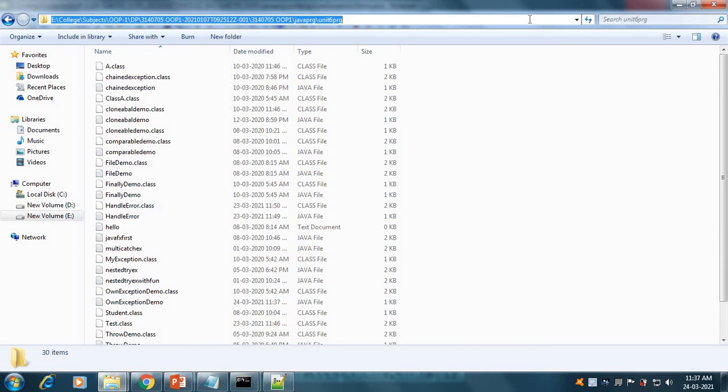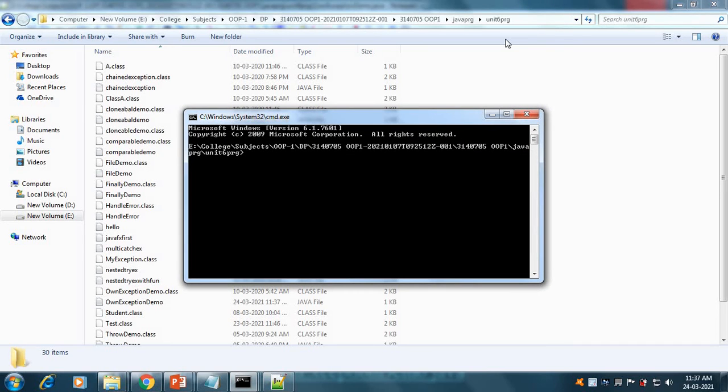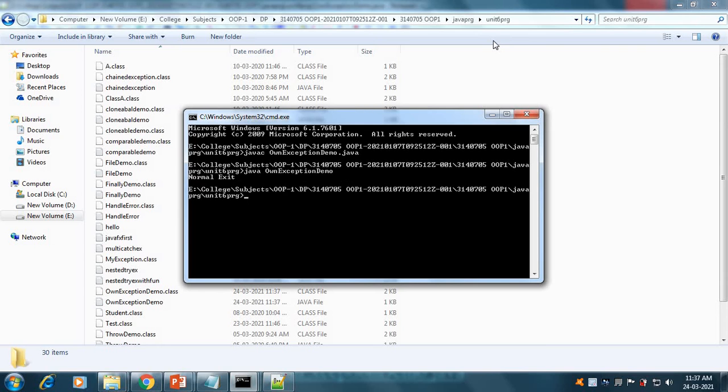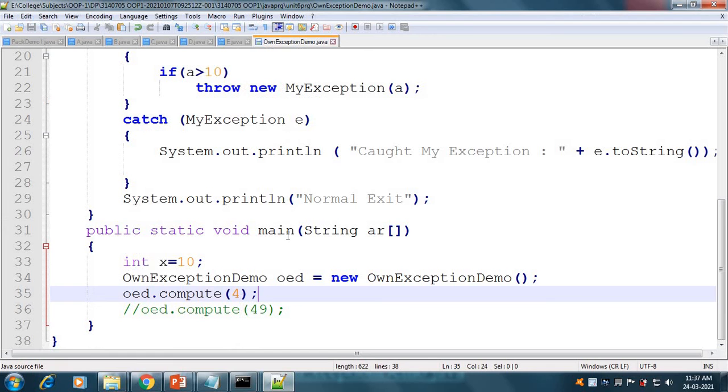In cmd, we compile our Java file with javac OwnExceptionDemo.java. It is successfully compiled. Now we will run it with java OwnExceptionDemo. It prints normal exit. Why? Because in our program we have passed 4, and the condition that 4 is greater than 10 is false, so it will not throw any exception.